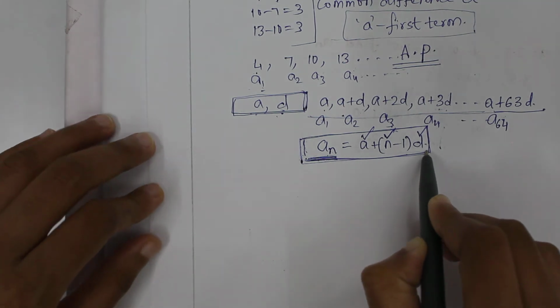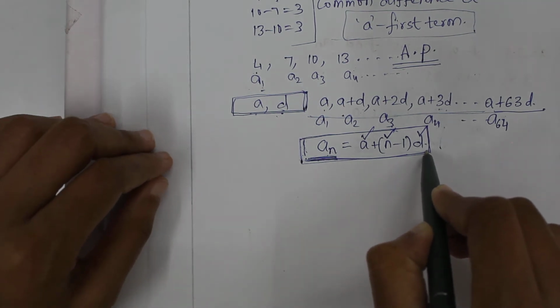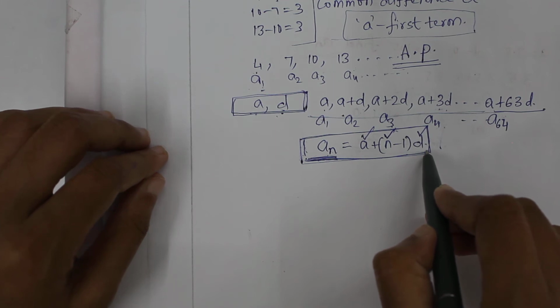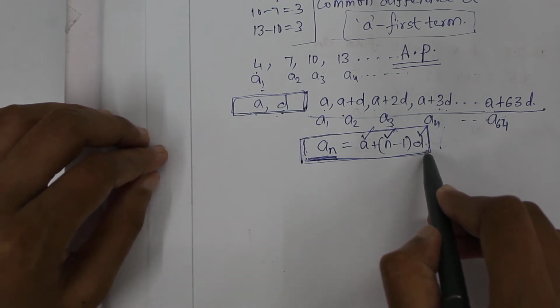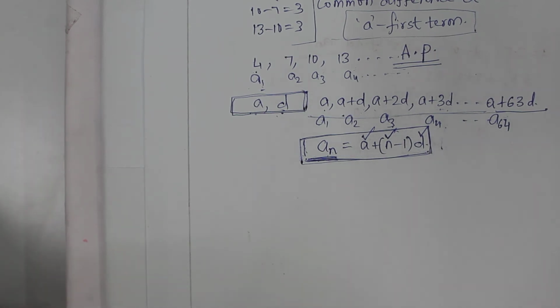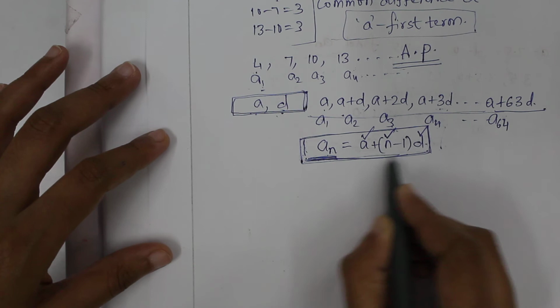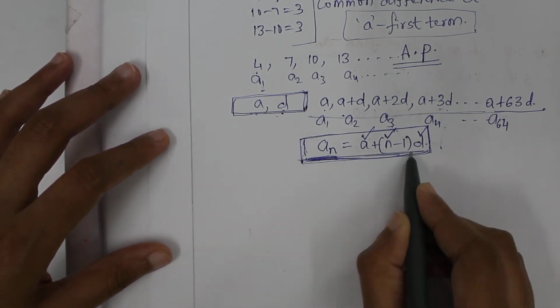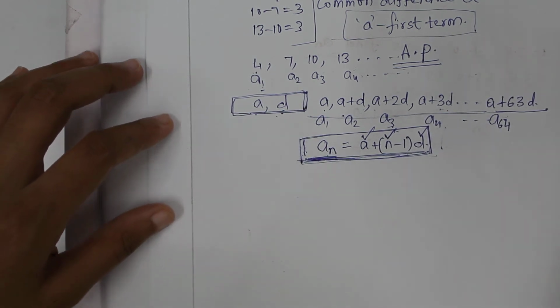But did you get a question? Why are we studying arithmetic progressions? What is the use of arithmetic progressions for us? There are a lot of day-to-day applications for arithmetic progressions. For example, I am constructing a building, right? It has 10 stories, 10 floors. And the basement costs around 1 lakh and each additional floor costs rupees 50,000. And I wanted to find out the cost of constructing the 10th floor in this building. So I can use this formula to calculate the cost of the 10th floor. It is a kind of arithmetic progression.